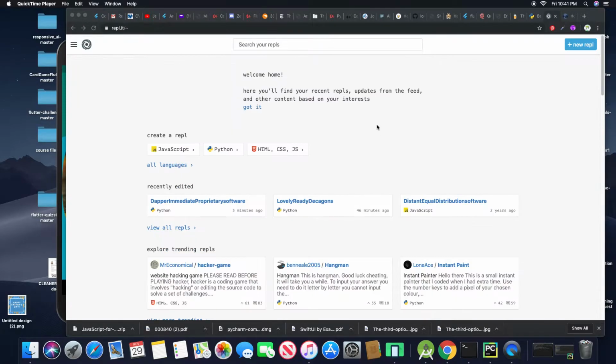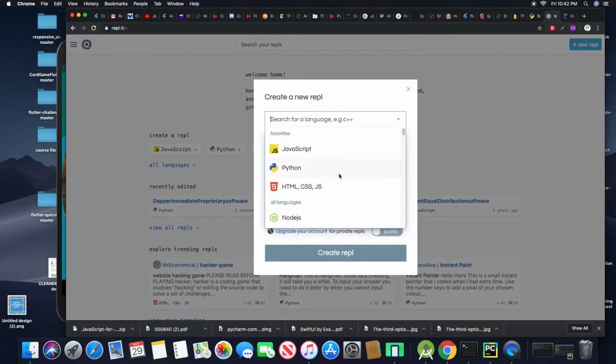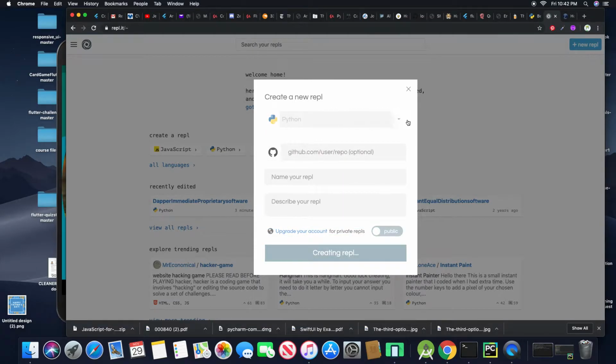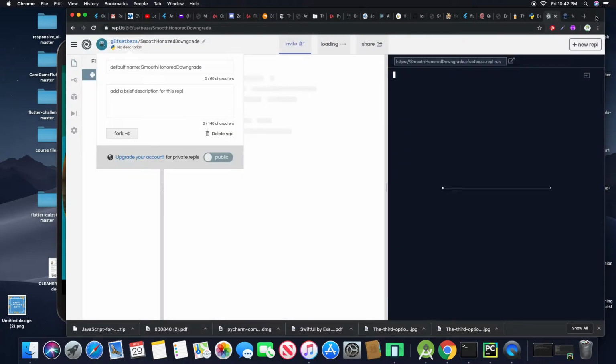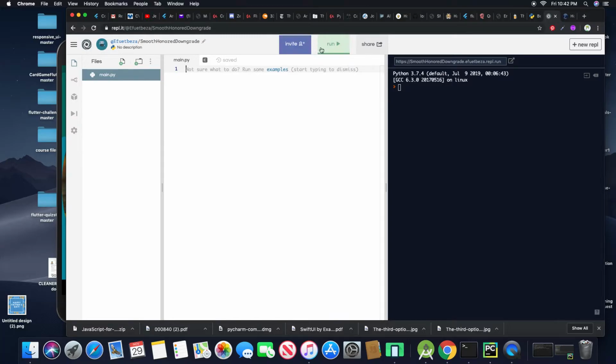One is repl.it. This is it. How to create a project. Don't worry, I'll post a link down below. You can just create a project. You have so many programs. I'll just create Python there. Yeah, it's loading. You can write your code here, and then you can click run here. And then the next one is